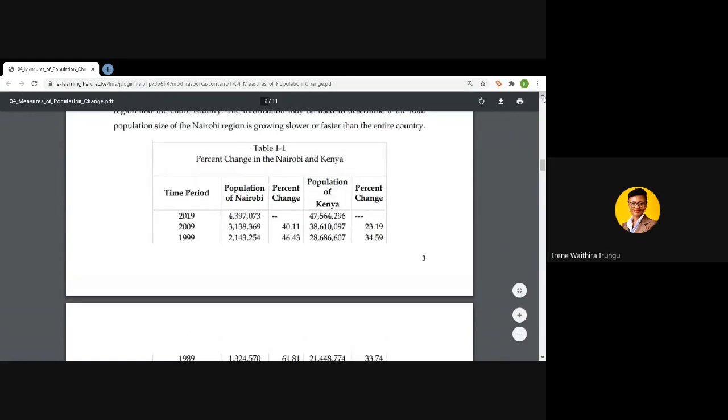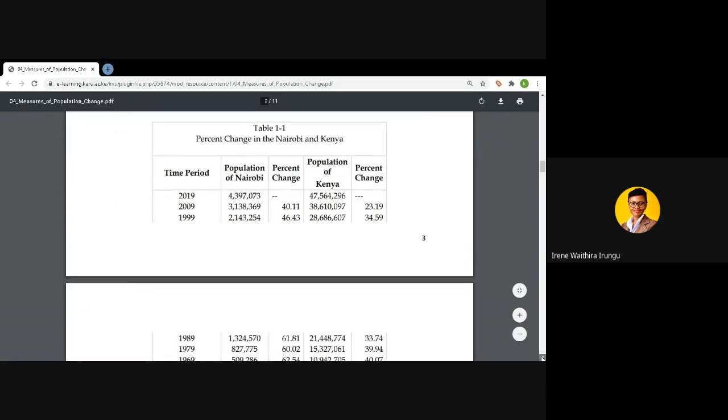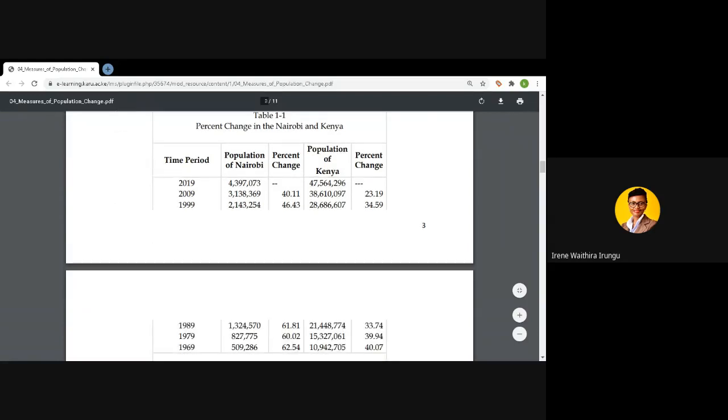And once you study the trend, then you can infer meaningful information from it. So if we begin from 1969, we can see that again,